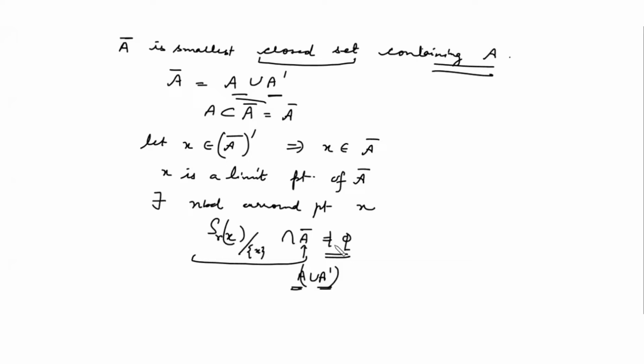And if it is a limit point of A, clearly it belongs to A closure. So whenever X is a limit point of A closure, it is a limit point of A or it is a member of A. There are only two cases. In each case, it belongs to A closure. So it means A closure contains all of its limit points. So this implies that this is a closed set.